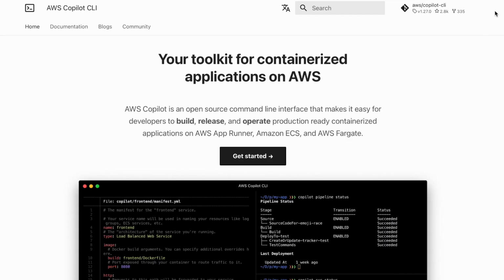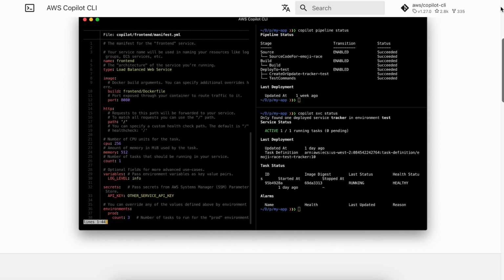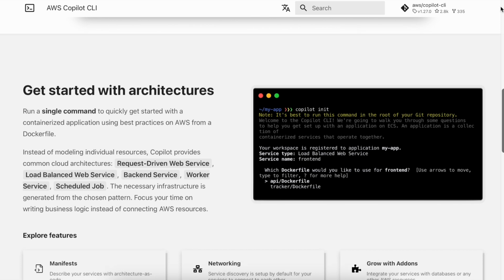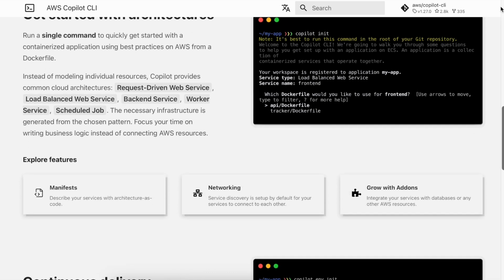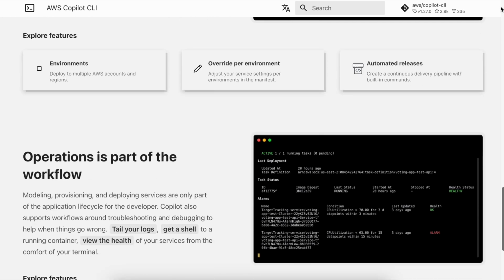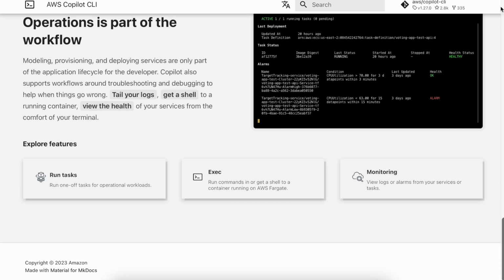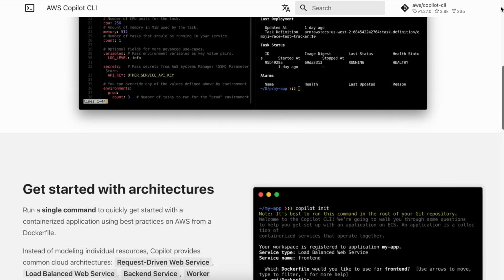So, I mentioned that I will tell you how to do this deployment properly with automation without any ClickOps. Our recommended tool for this is AWS Copilot CLI. It's an open source tool that AWS built to make it as easy as possible to deploy containerized applications on either ECS or App Runner. You can easily use it inside CI/CD, and it automates everything in the proper way using CloudFormation. And at this time, it really has all the features built in that you might ever need probably for your application. We have a video about AWS Copilot that I will link in the description below.